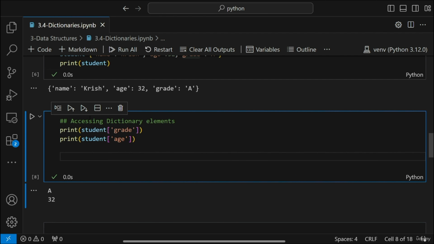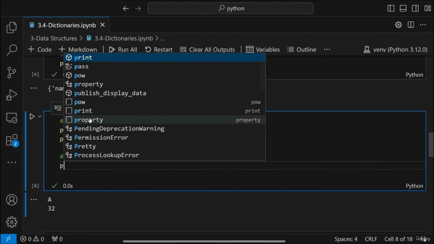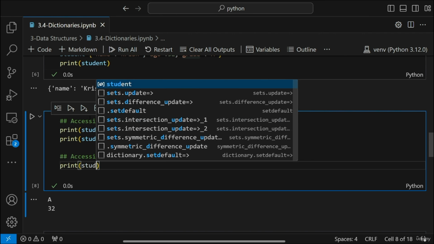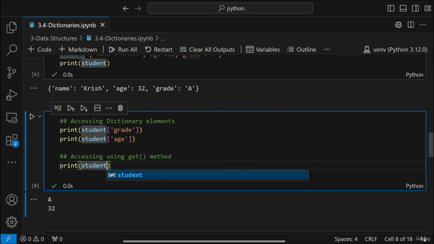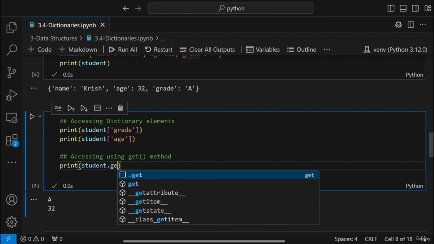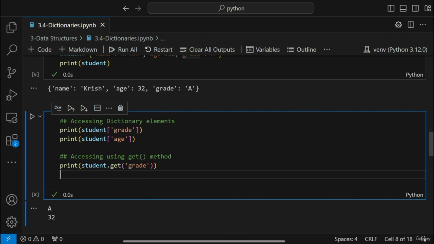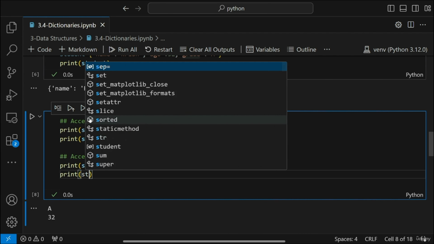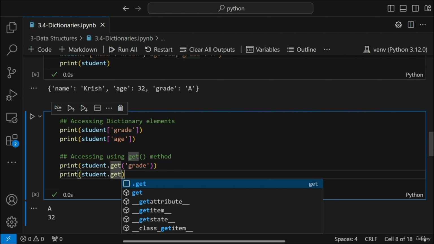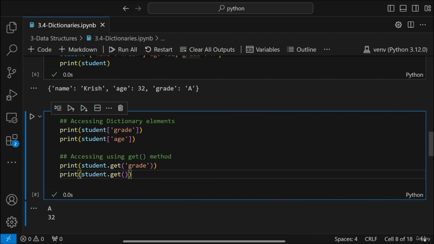There is also another way to access the values, using the default get method that is provided by the dictionary. Now how to do this, I will show you. First I write print, and let's say I want to get the grade of this particular student. I will use dot get, and here I give my key name, that is grade. Similarly, let's say I want to print student dot